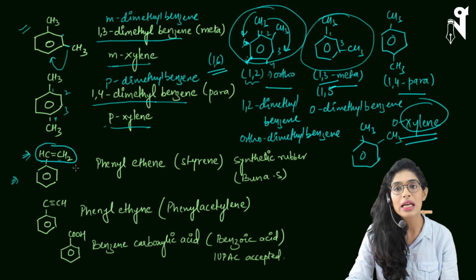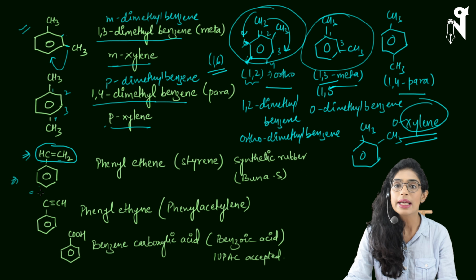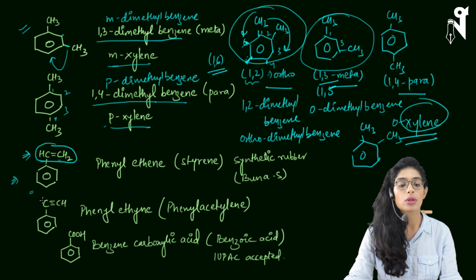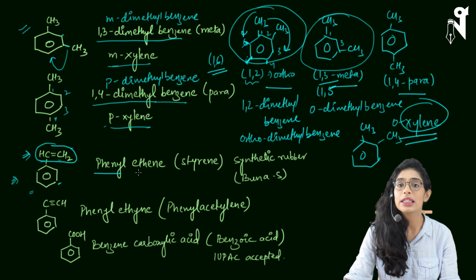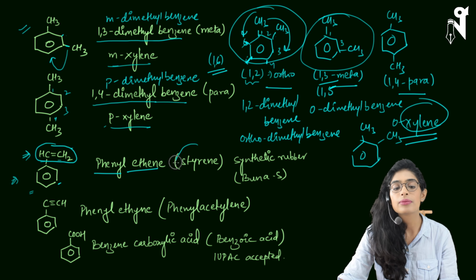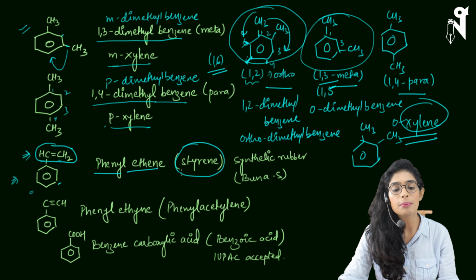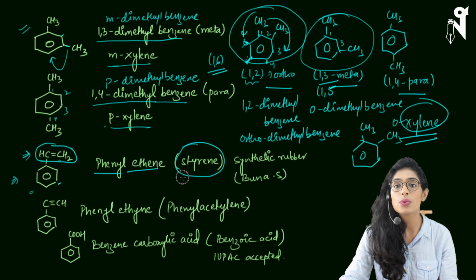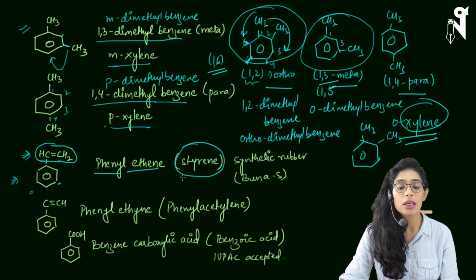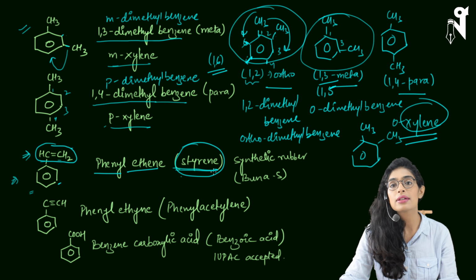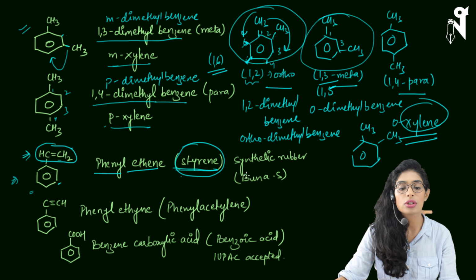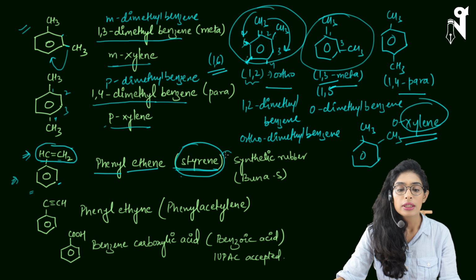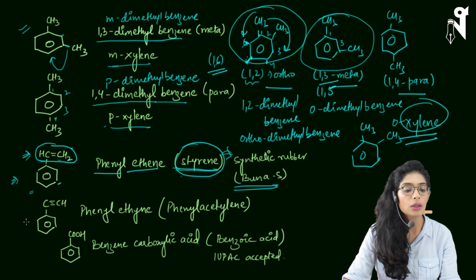So here the carbon chain has a double bond. Though it's a smaller chain, this will be acting as a main chain, and benzene will be acting as a side chain, or you can say a prefix. So the name will be ethene for this chain, and for the benzene it will be phenyl, so it will be phenyl ethene. It has a common name styrene. Okay, and this is an important compound. We'll be learning about it in the chapter polymers when we go to grade 12th. This is a compound which is used for making the synthetic rubber. Okay, not the natural rubber, synthetic rubber, which we produce in the industrial manufacturing, and that synthetic rubber is also called as Buna S.